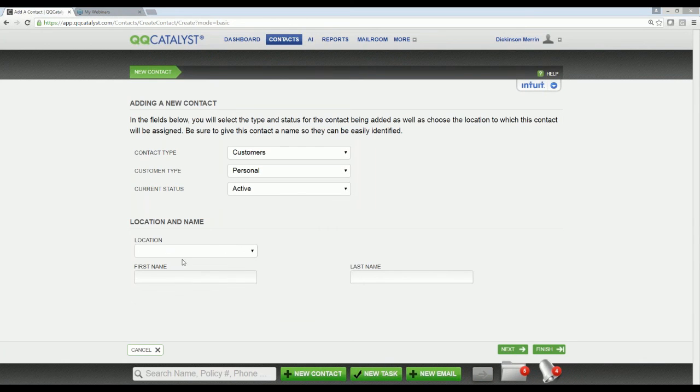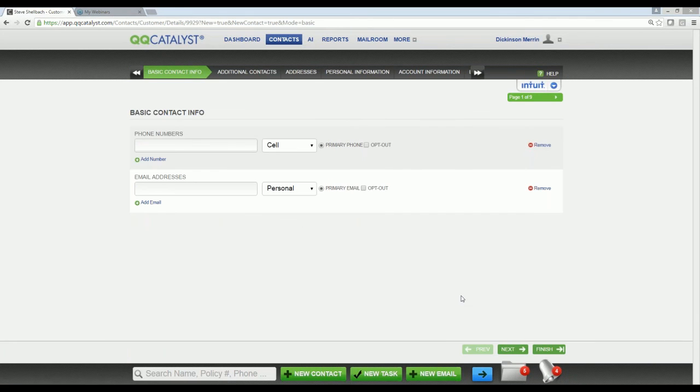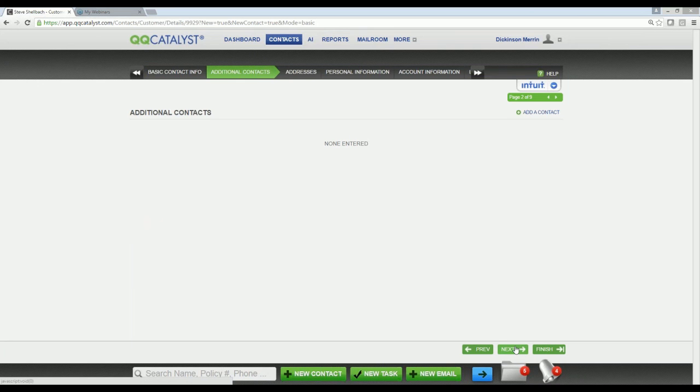Now this is with the guided workflow on, okay? I'm going to select the location. Let's say I'm going to add in Steve. Let's add Steven into this system. I click Next. It's going to walk me through all of the sections, but it's going to do it in a tabbed view. So step by step I'm going through and I'm putting in the basic contact information section, additional